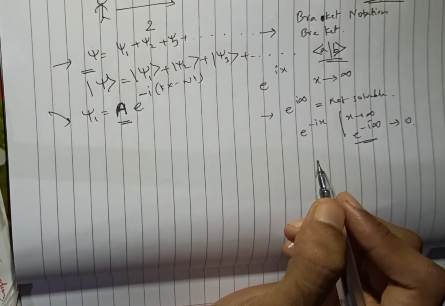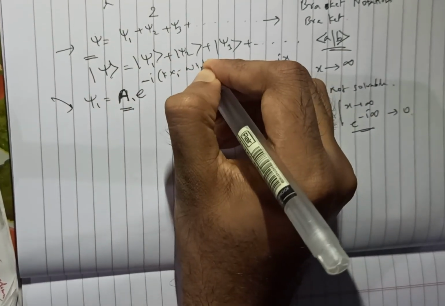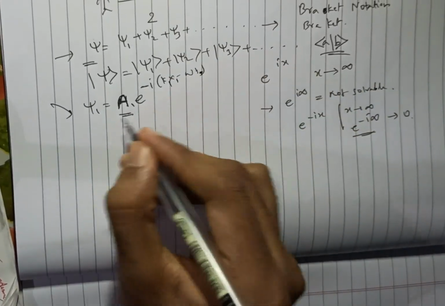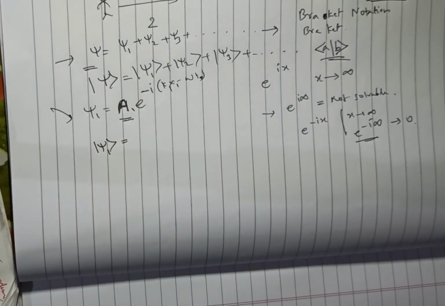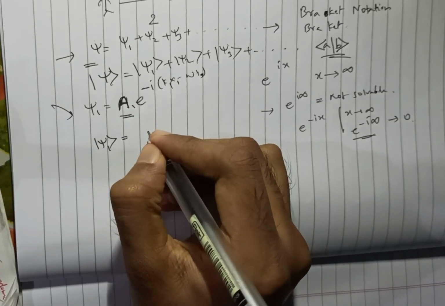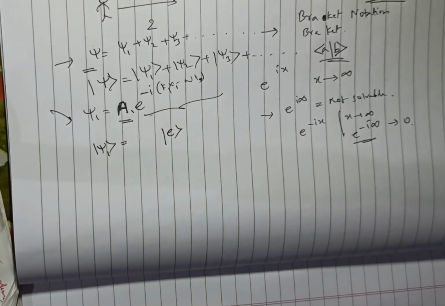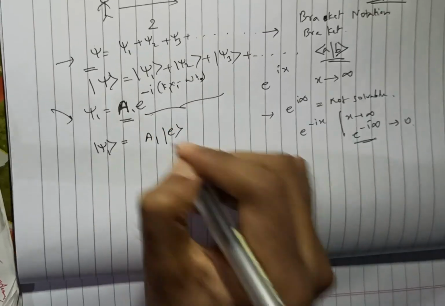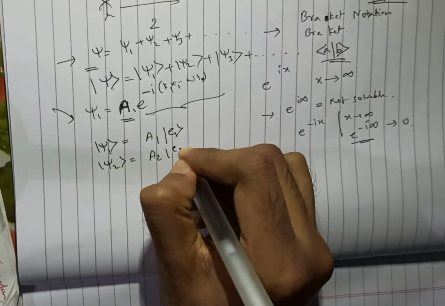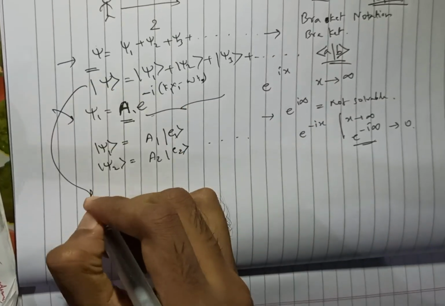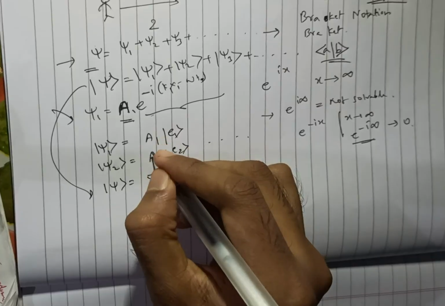Now when psi is represented like this, this is a1 e to the power i(k1 x1 minus omega t). Let's say time is constant, k1 into x1. This is a vector. If I represent psi 1 like this, then let us say that this represents some kind of vector. Let us say that this is an e1 vector here, and then we have a complex amplitude a1. In a similar way, psi 2 can be a2 with an e2 vector, and so on. So this psi can be represented as a summation of all these complex amplitudes that we have here.